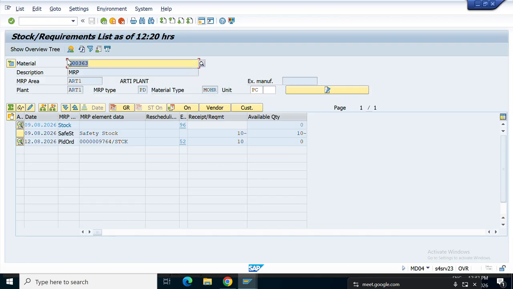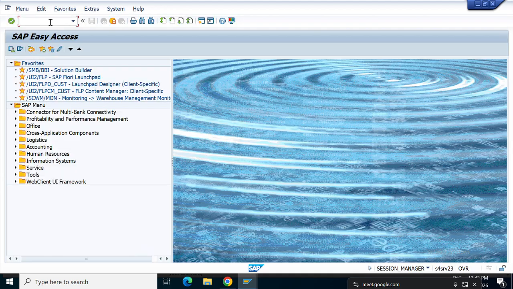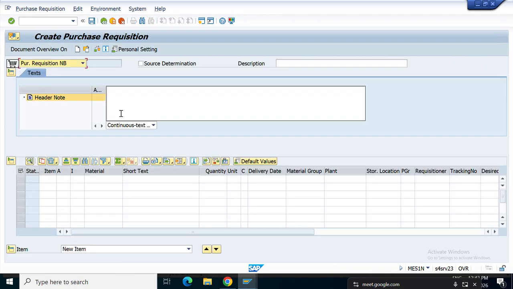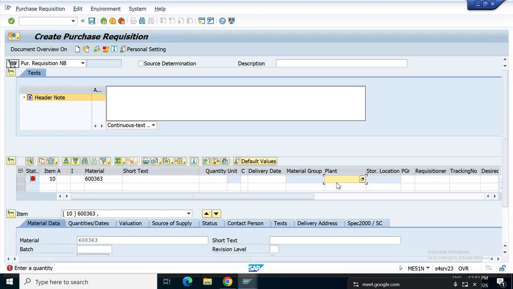If we can use this one material and create a PR, it shows like this. If we go to ME51N, you can create it there also. I'm just showing how the system reflects it. Put in the material and quantity and press enter, and which plant,